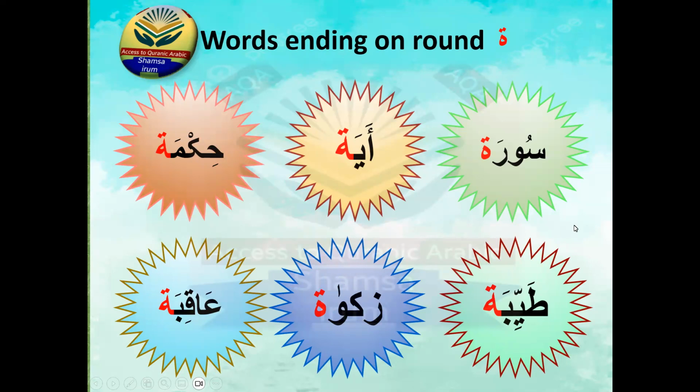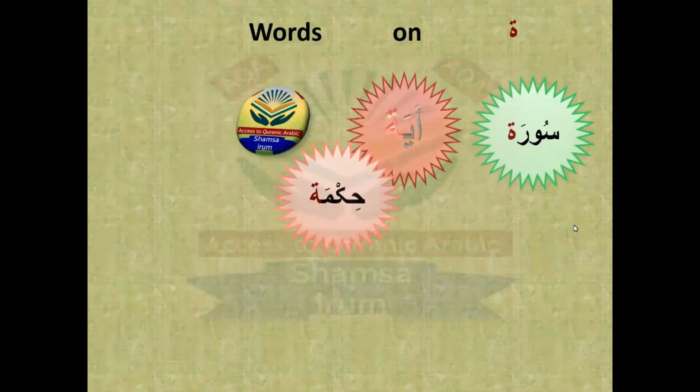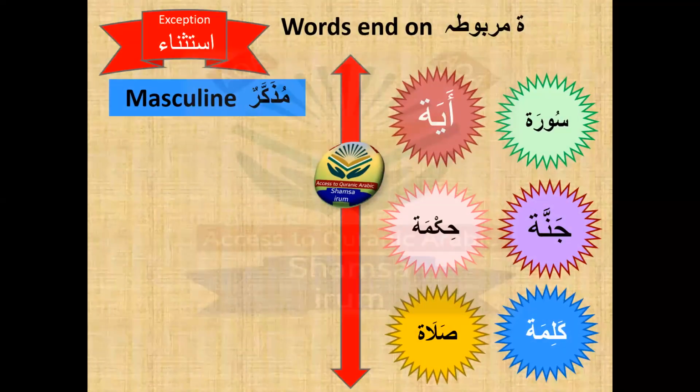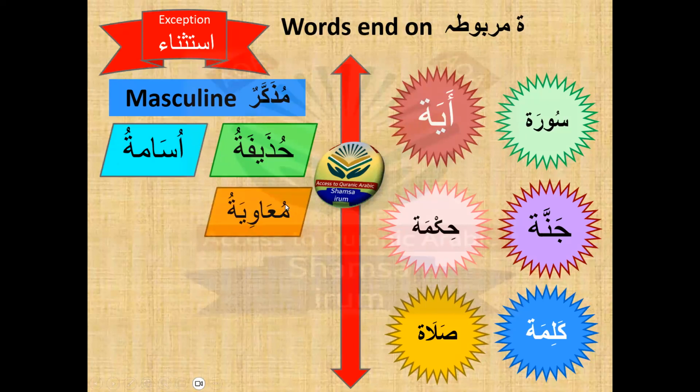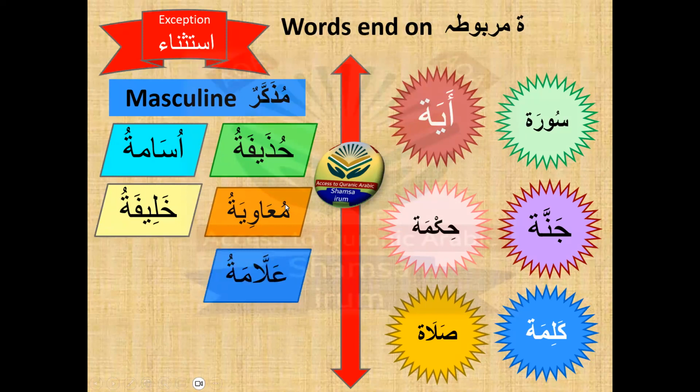Okay, and next, there are some exceptions as well. You will see some names that have the round ta at the end of the word, but they will not be feminine, they will be masculine. Why? Because I will show you the words first. Huzaifatu, Usamatu, Muawiyatu, Khalifatu, Allamatu,